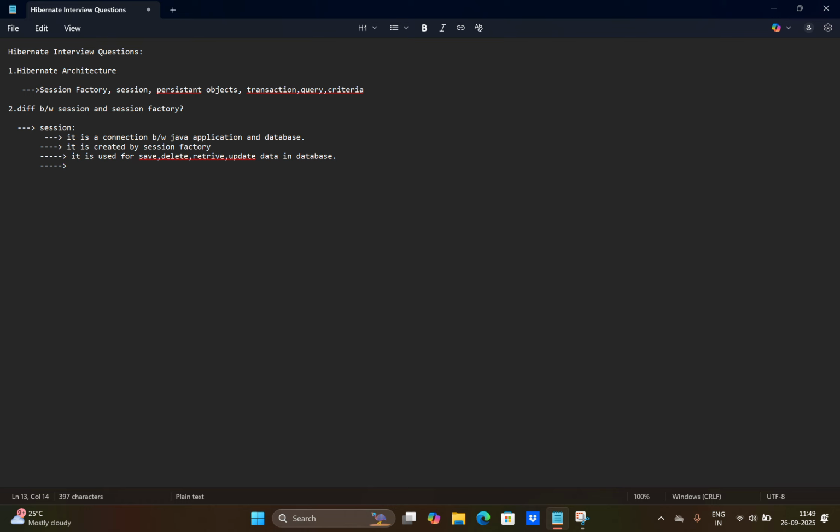Actually, in the session we can use the first level cache only. In the session factory we can use the second level cache. While coming to the first level cache, it stores the entities that have been queried or manipulated within that session. That's it for the session. While coming to the session factory,